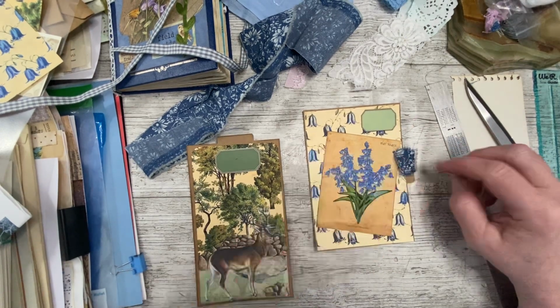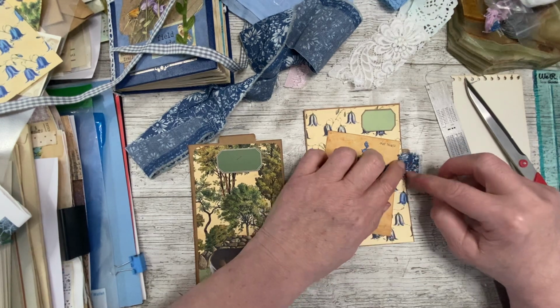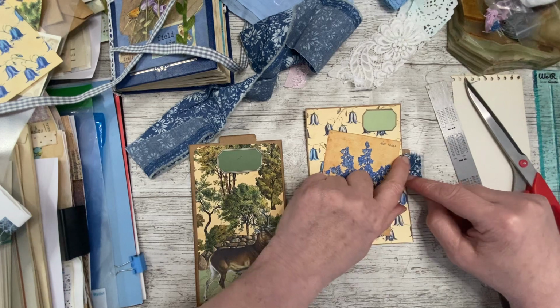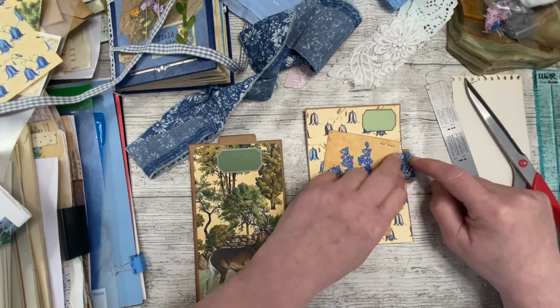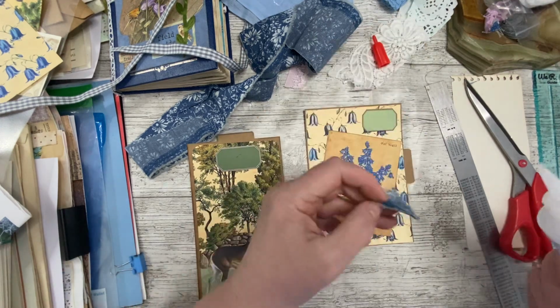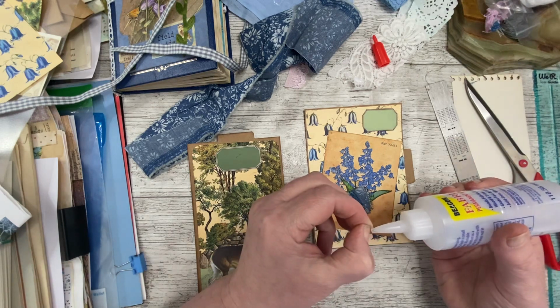Oh, it's pretty on there, isn't it? So I'm wondering, do I want a piece of that both sides and then kind of glue it together at the back? I think I will, because I can hang a dangle or something off it. And no, this one's the side, so no dangle off this one. We'll have it close to fabric tack. Because of the tie, it'll be right where the tie is, but the top one we can have a dangle off. I don't know what off, but